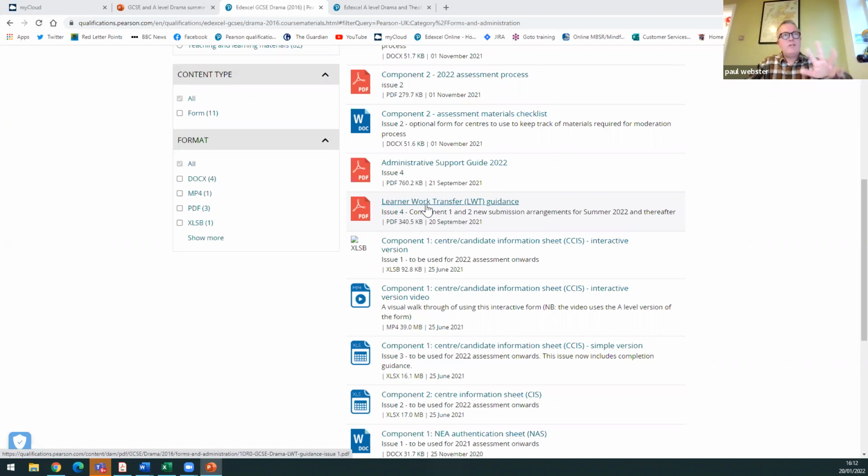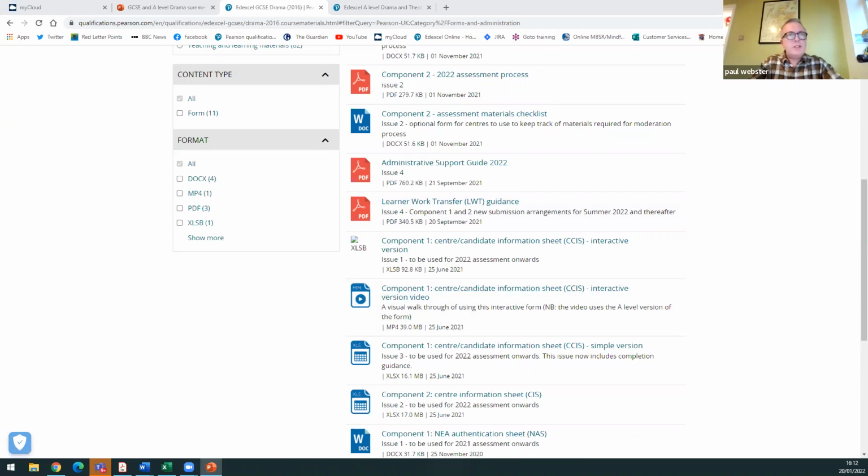The only variance on that is if you have got an early examiner this year, then we ask that you send some of the pre-materials to them via email, because the Learner Work Transfer System doesn't open until the 1st of February. But apart from that, for everybody else, you'll use that system. And it's really straightforward. We've used it in other subjects before, in other qualifications, and it works like clockwork. It's absolutely fine. But it's really important that you familiarize yourself with it and have a look. So please have a look at our guidance document there.